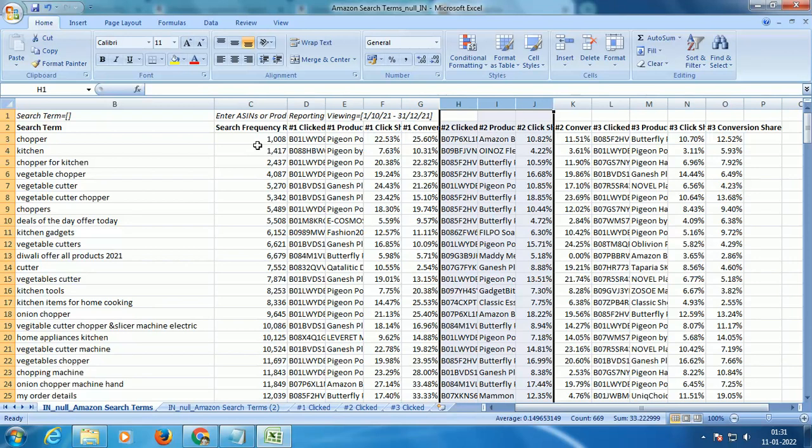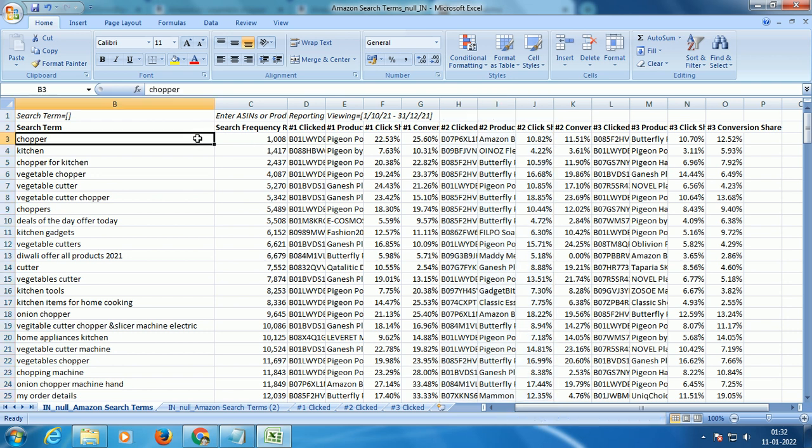And one more point, now if you were to rank for a specific keyword, right? How do you determine whether to rank for a keyword or not, right? You could be running your automated campaigns, or you could be running your manual campaigns, and you could come across keywords where you have got a good amount of sales, and you need to see what is your conversion ratio, right? Let's take a keyword, chopper. Now let's say you're running your PPC campaigns, and you see for this keyword chopper you have got so many sales, and let's say you have got a conversion share of 20%, right?